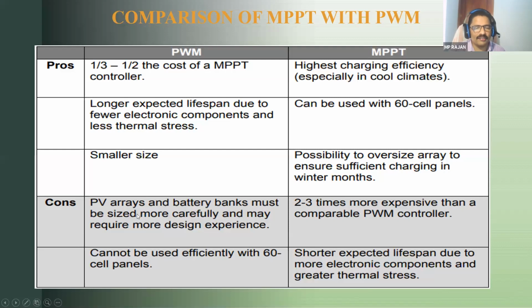Okay, so during sizing, we have to do this very carefully because in the PWM method, there is a wastage. The battery should get proper voltage and power, but your panel should have more power capacity than the requirement. Then only you will get the correct power to the battery. So we have to be very careful in selecting the number of PV modules and the size of it. Okay, so this is the comparison.